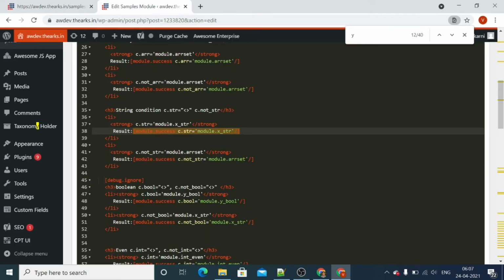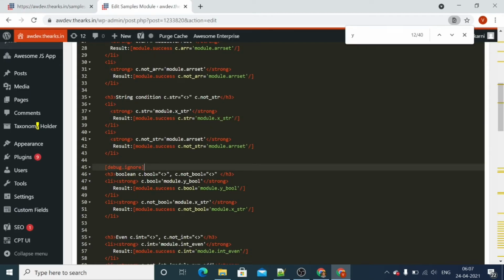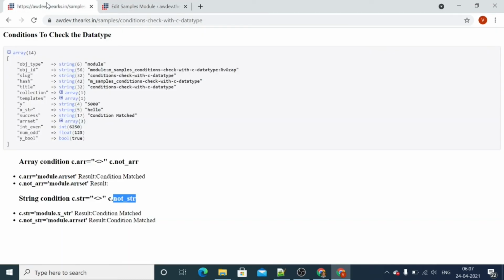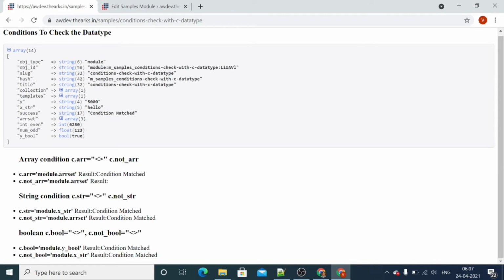Now let's check another data type, that is the boolean data type. In a similar manner, we have c.bool or c.notbool to check the boolean value. Let's go back and check. We have module.ybool.